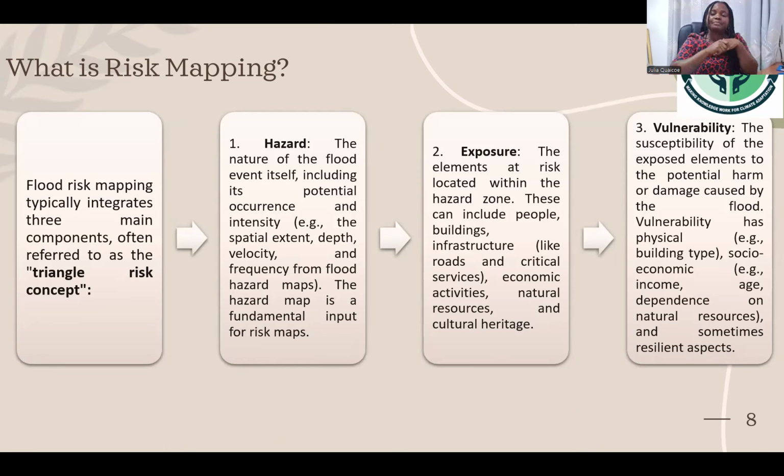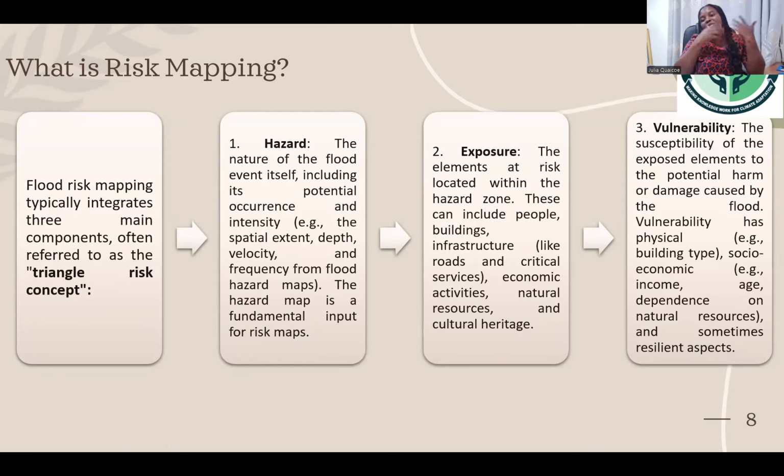It simply means that when you want to do flood risk mapping, you are going to consider all these three things together before you can say that indeed you have accomplished mapping a particular flood. All right. And the three components will be the hazard, the exposure, and then the vulnerability. So when we are talking about a hazard or when we want to look at the characteristics of a hazard,